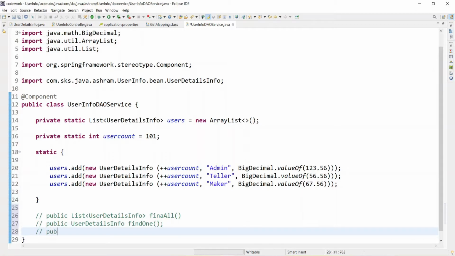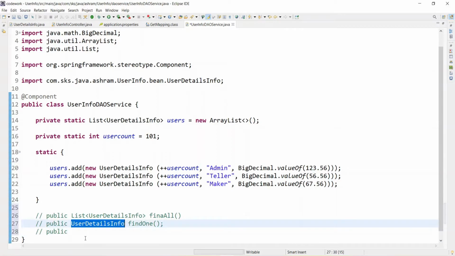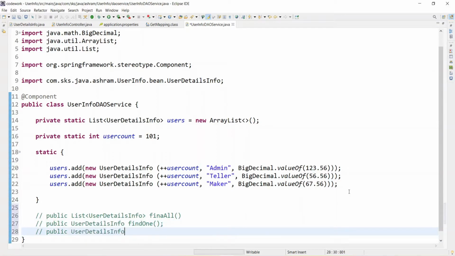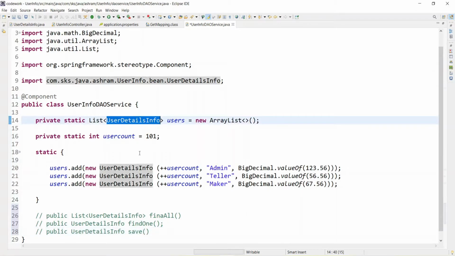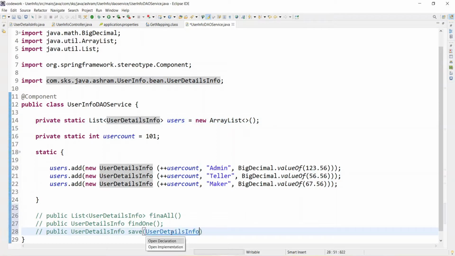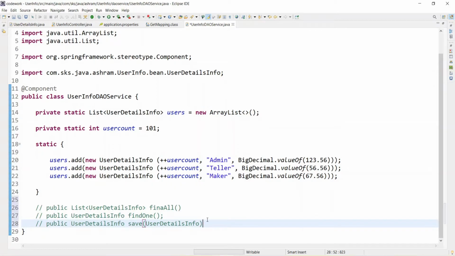So public, I want whatever user we are saving to be returned, so return the bean, and we'll save this user only. UserDetailsInfo will come as input, and that we should save, right? Correct. So let's first implement this one.